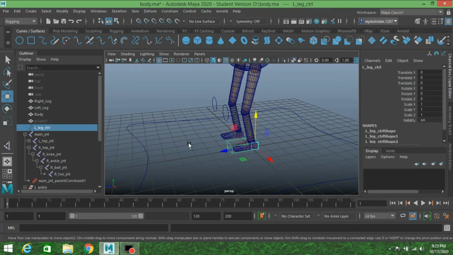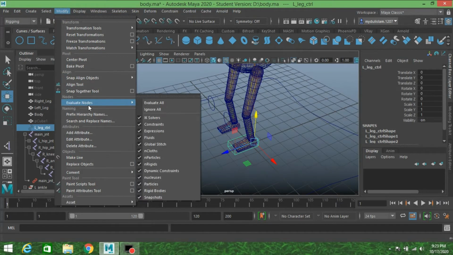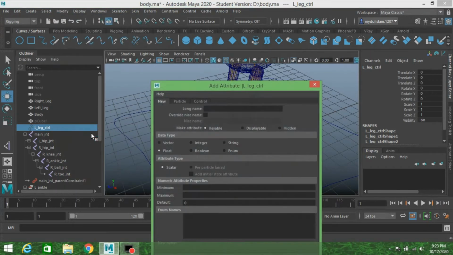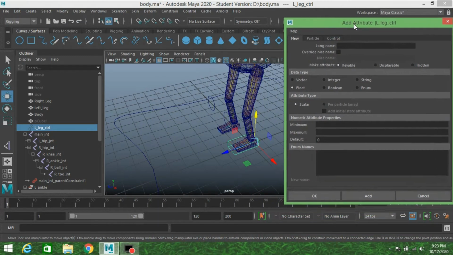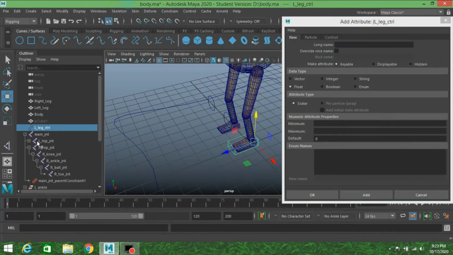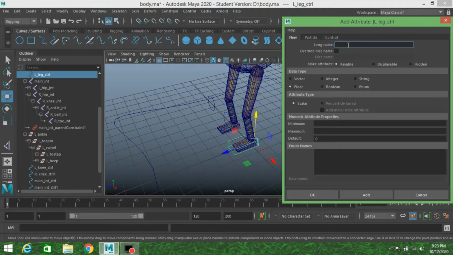With the left leg controller selected, go to Modify, open the Add Attribute tab and type here. The first one is ankle, type here ankle, click add.